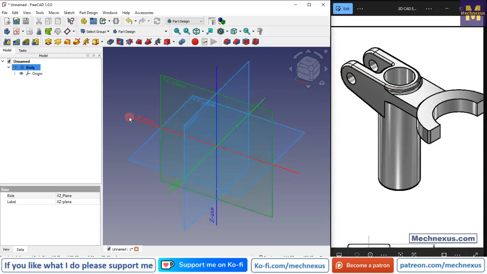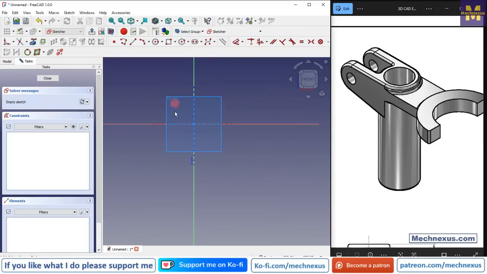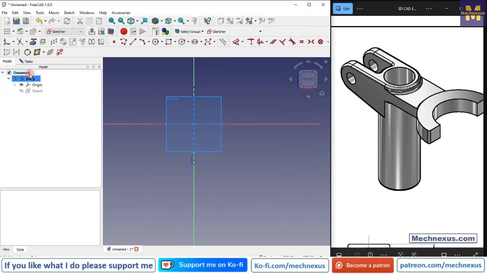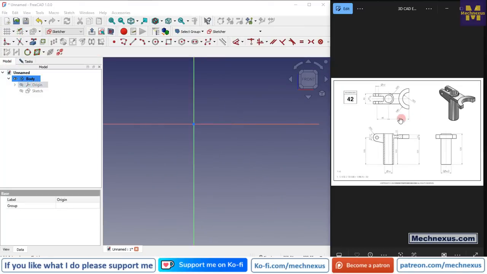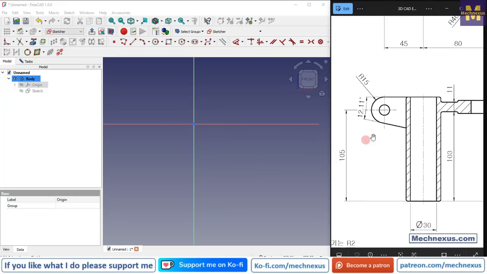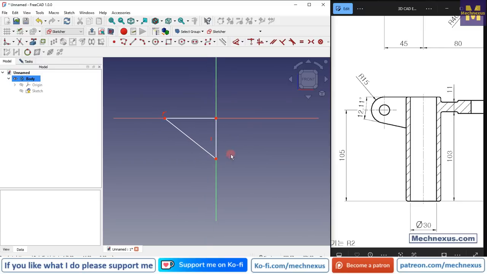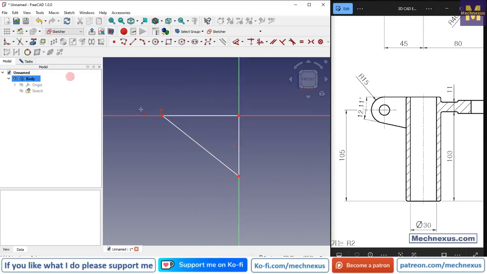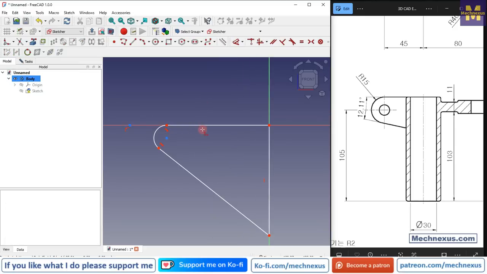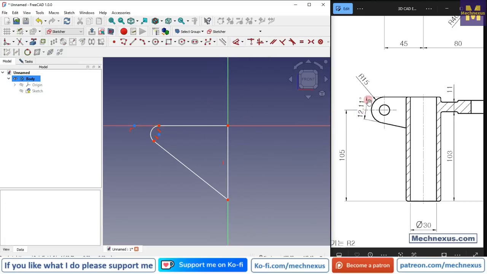and for this we will select this exact plane and click on the sketch, and here I will turn off the origin plane. And now if we see this section view, we will create this profile from the axis which will touch this axis. So I will select a polyline tool and draw a line, and then I will create a triangle, and now here I will create a fillet, select this line and this line, and now the angle between is of